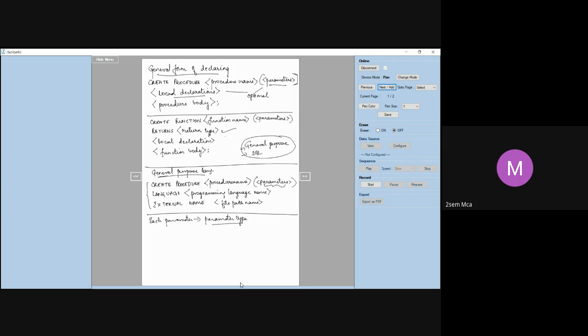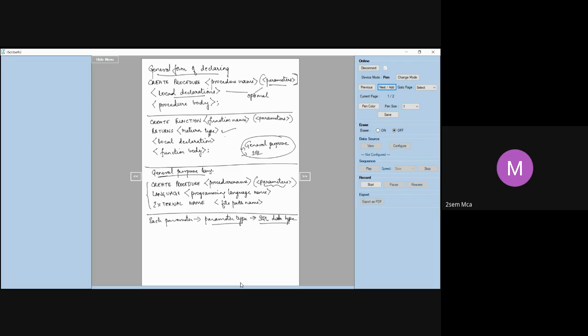This parameter type is one of the SQL data types. If you remember, when we spoke about SQL data types, we saw there are many. So every parameter you specify should also have a type. It can be varchar, number, date, character, anything.